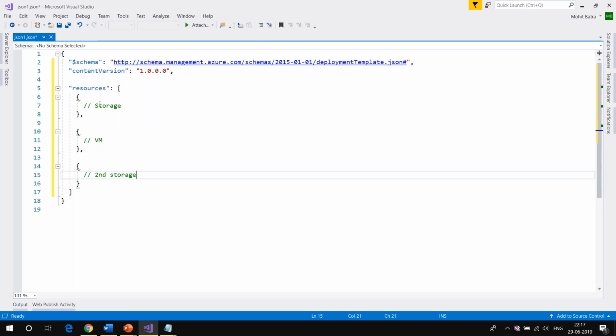Now, whenever you are doing it from the portal, you can create only one resource at a time. But using ARM templates, you can create multiple resources at the same time. Okay, all right, so this is how you can see here. If I want to create 3 resources, I can simply go ahead, put a comma and supply the information of the second resource, put a comma, put the information of the third resource. Okay, all right, so everybody clear how you can create multiple resources?